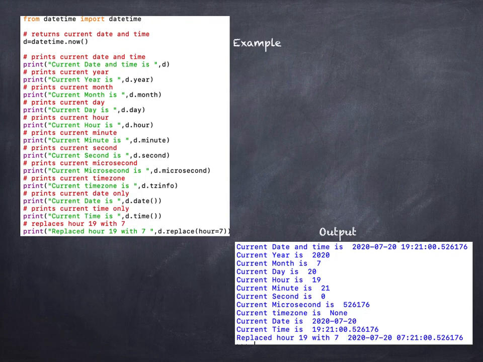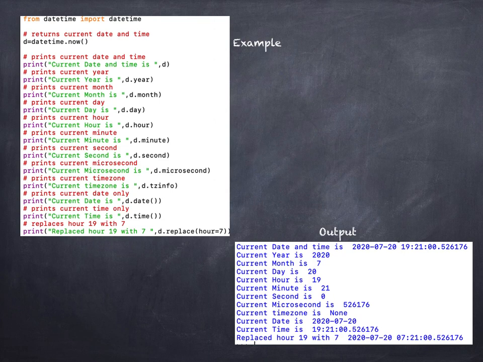These are some of the examples that use the instance attributes of the datetime class. The first one uses the method now, and the remaining ones use the instance attributes of the datetime class. That is, from the current date and time, it extracts each of its components. d.year will extract the year from the current date and time. d here represents the variable that has the current date and time.